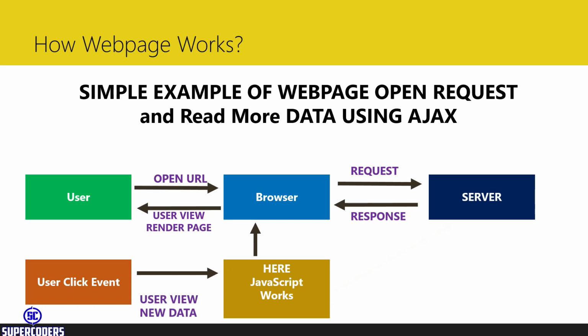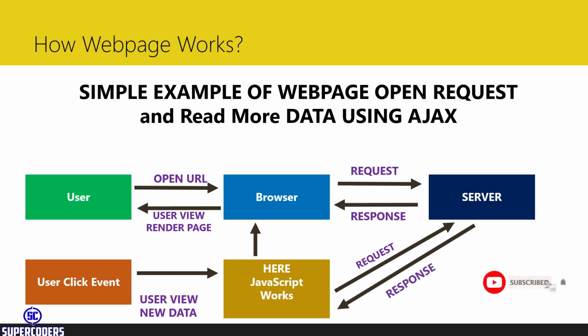So when the button is clicked, JavaScript makes an AJAX request to the server and asks for data. The server then returns the data in the response. Here comes our logic: in our JavaScript code we do some logic and show the data in the browser. The browser then shows the rendered data to the user, parsed by JavaScript, so the user can see the data in a clear HTML format.